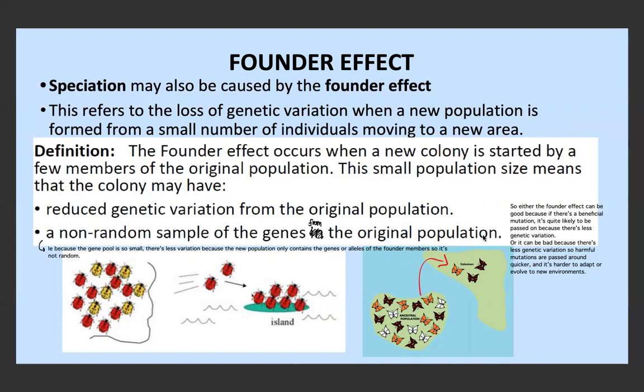So it could be, for example, we see here in the butterflies, there's brown, orange, and white butterflies. If we just took a completely random sample, we could have one white, one orange, one brown. But we see here that there's actually two brown and one orange. That could be just random, that 3 butterflies were picked up by the wind and blown to a new island. But it could be that the brown butterflies were the strongest and able to fly the furthest. So they were the only ones able to reach this new island. That's not random.